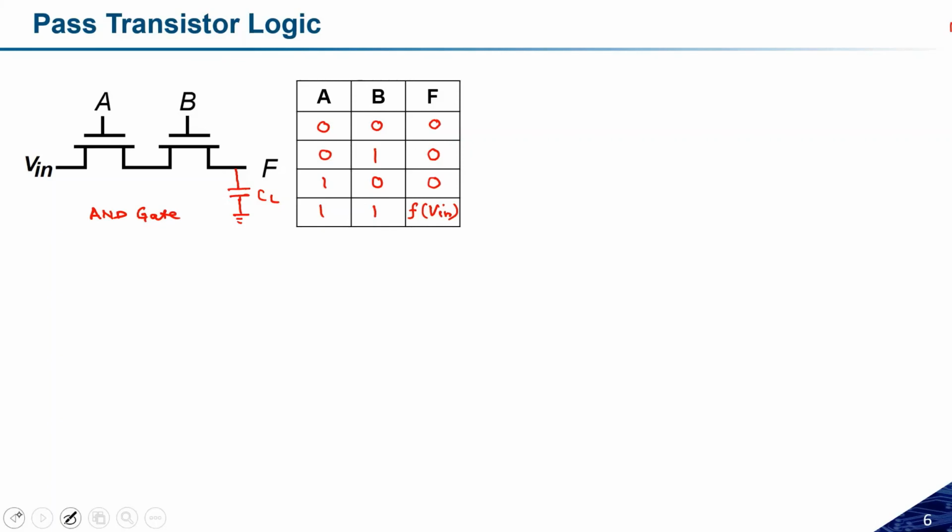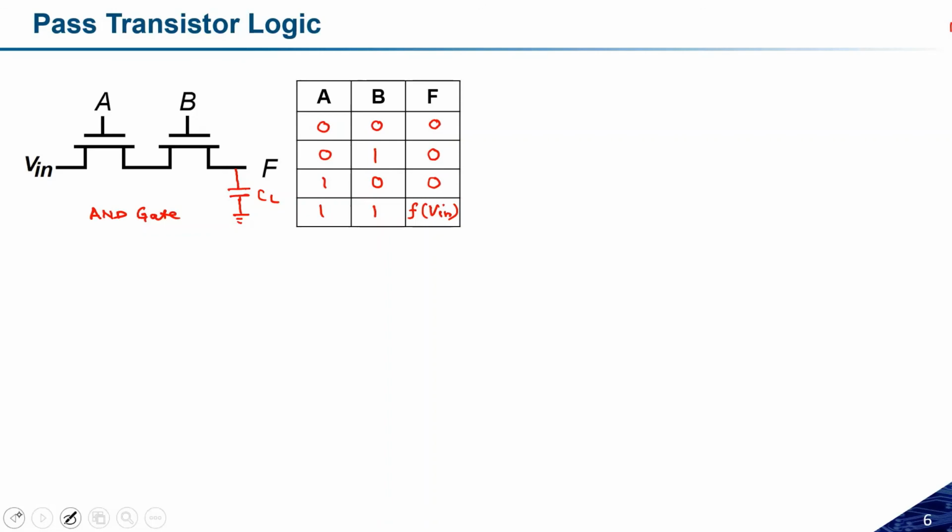So this A and B can vary between 0 and 1. Let us simply assume these are a pulse train. Definitely the pulse train has some magnitude like 0 and 1, but a separate supply voltage, exactly VDD, is not needed. Yes, you're absolutely correct: if I provide A and B as a pulse train, there will be a swing between 0 and VDD, but the separate supply is not needed. The input itself can charge up this transistor. This is the reason I'm saying this.